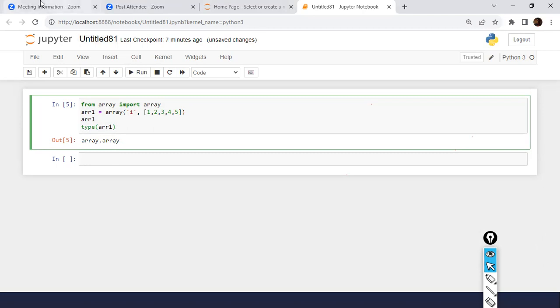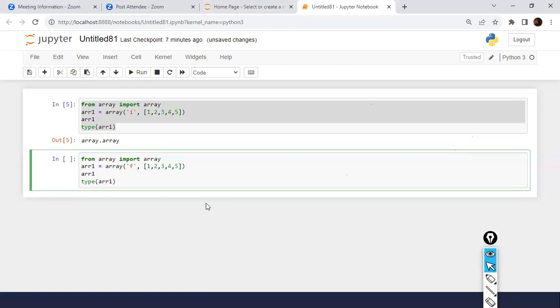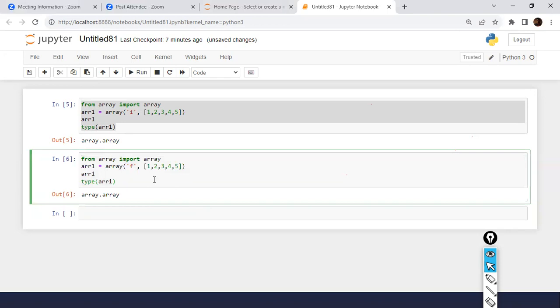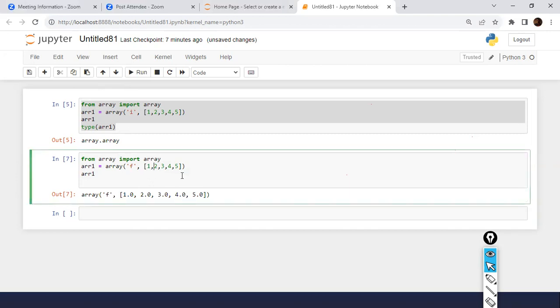A question from Sri, and what she is asking is, how can I create a decimal value? Yeah, that is your float type, F, right? And you can use float type, and here it will say array. I just say it's a float type. Look here, though the values are integer here, since we have declared it as a float type,